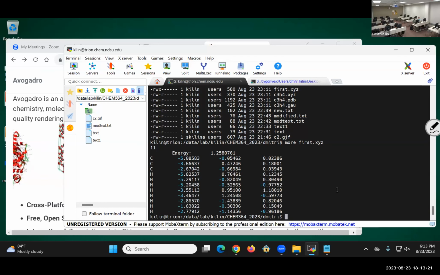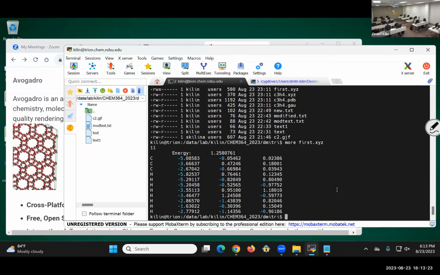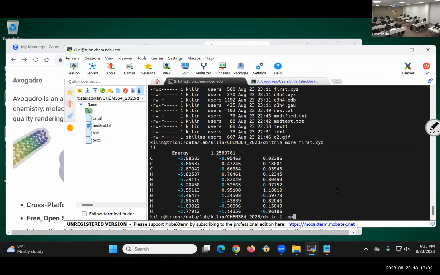So make sure that you can upload, and then this will be a, how to say, stationary point. Then we will try to do the same thing with other tools, right? But it is basically the goal of today's meeting was achieved by one of the possible tools. Download Avogadro, create a molecule, and upload to